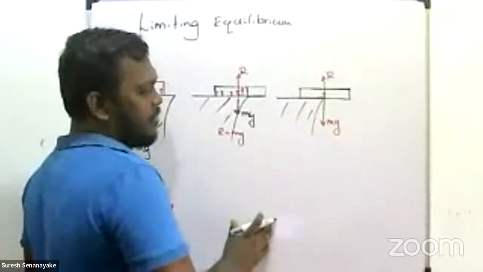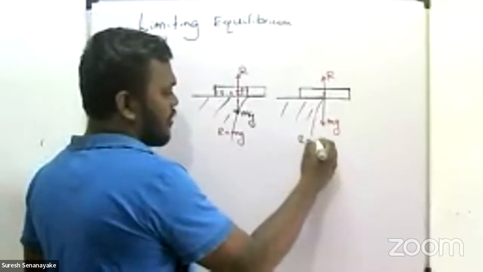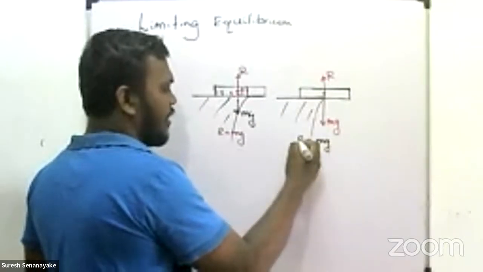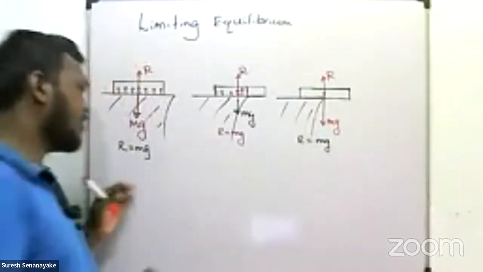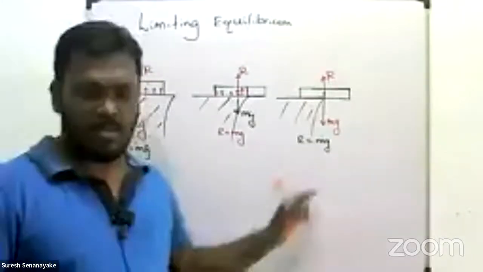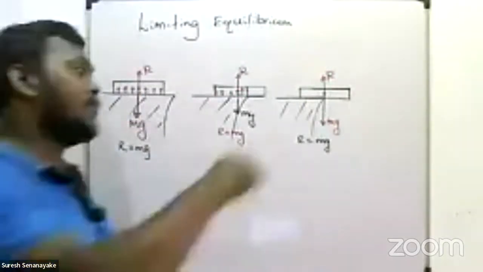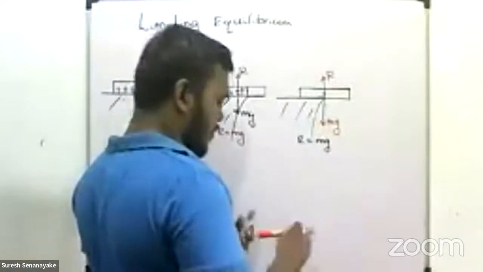That's also in equilibrium now. R equals mg, and the body is in equilibrium. Yes, we see in all three cases the body is in equilibrium. If further you take it out,